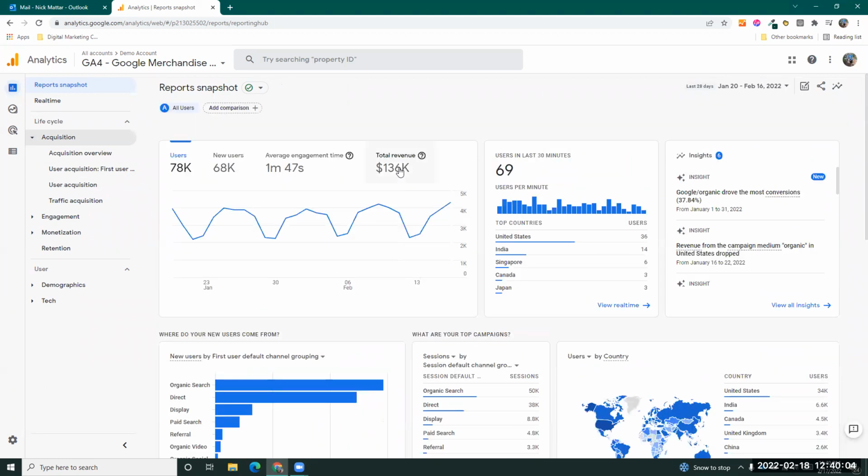Again, you probably aren't going to see total revenue. But here's a new stat: average engagement time. Not time on site, not time on page, but engagement time. And that is how long they are actively consuming content on the page. The way that you see my mouse move around, that is an engagement. Again, I don't know what the cutoff is here, but if I just left my mouse here and started reading,